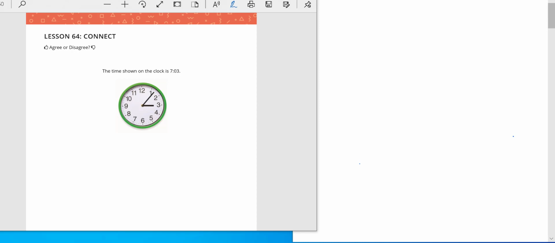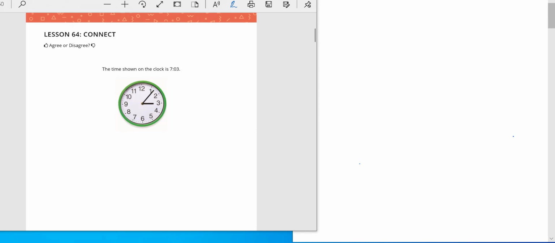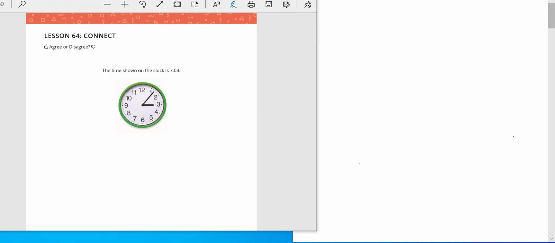As we studied before, we have 60 minutes in an hour, and we have 5 minutes between each two numbers. So between 12 and 1 we have 5 minutes here, and between 1 and 2 we have 5, and we can skip count by 5 or multiply by 5. So here in number 1 we have 5 minutes, and in 2 we have 10, in 3 we have